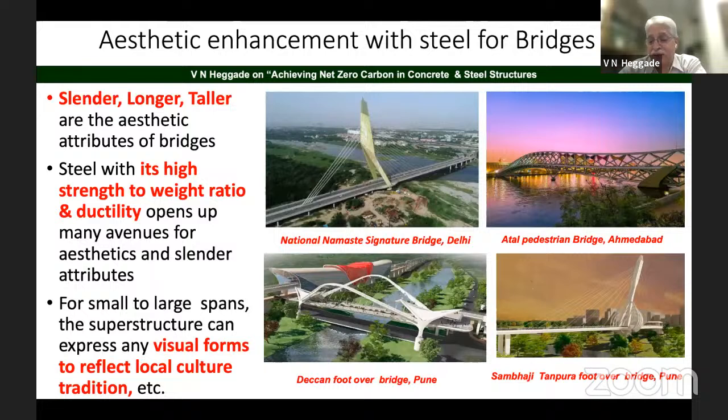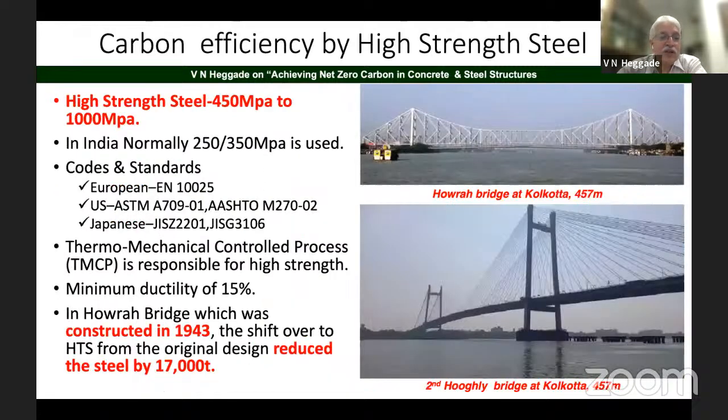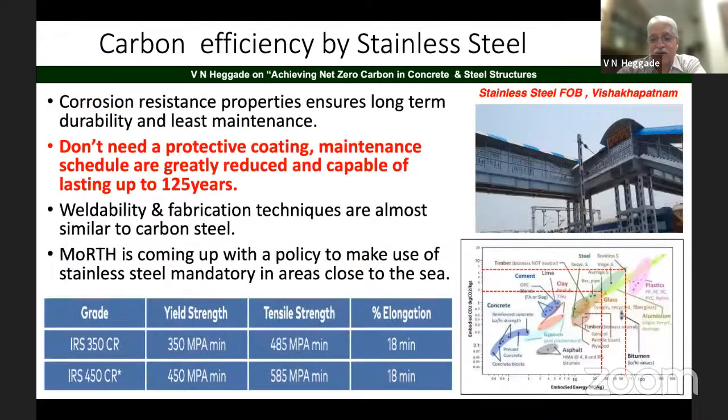Also, there are some myths among the people. They think that structural steel cannot be made into an aesthetically good-looking facility or artifact. As you can see here, some of the outstanding bridges on the screen are made using structural steel. Using very high tensile steel, it's possible for us to reduce the quantum of structural steel itself. By reducing the quantum of structural steel, indirectly you are reducing the carbon dioxide emission to the environment also.